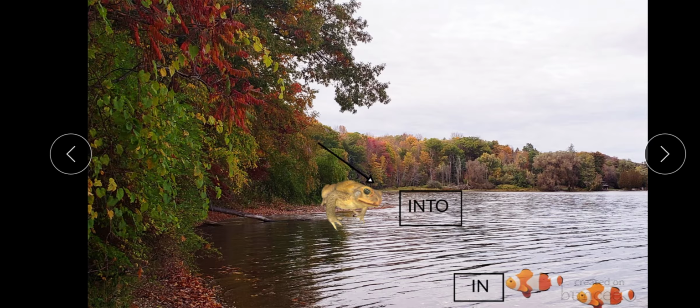But when something is in motion, that means something is taking entry, is getting in, and that thing or that person is in motion, in that case, we use into. For example, the frog jumped into the river. That means he is jumping. He is in motion. In this situation, we use into. But here, fish are in the water. They are at rest. So here we have used in.